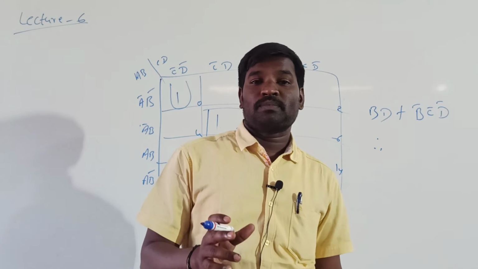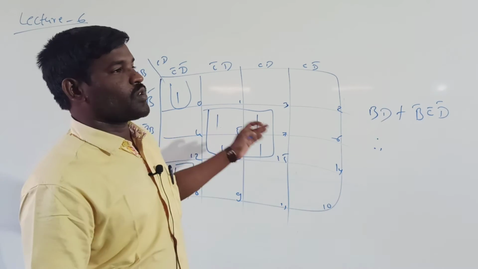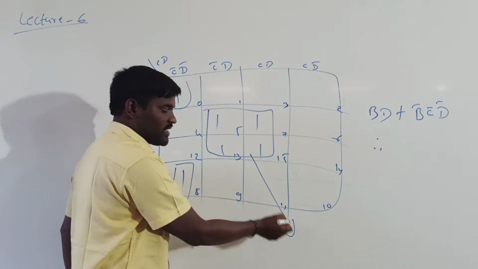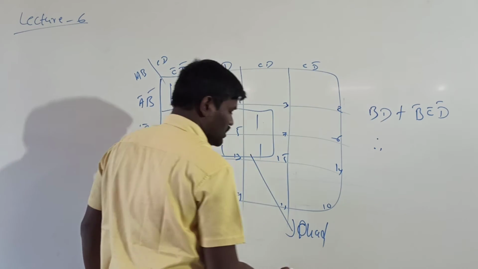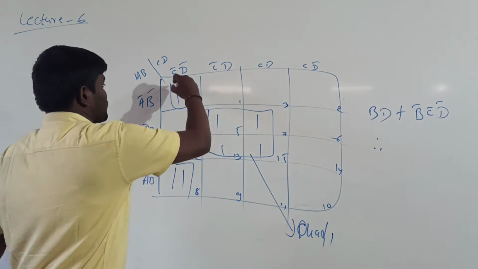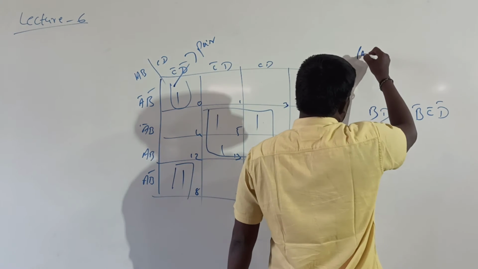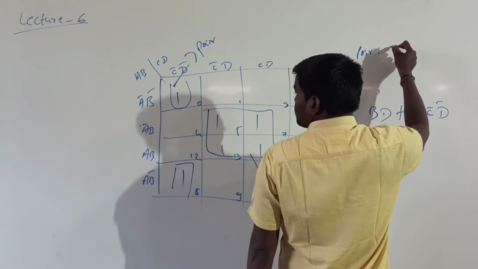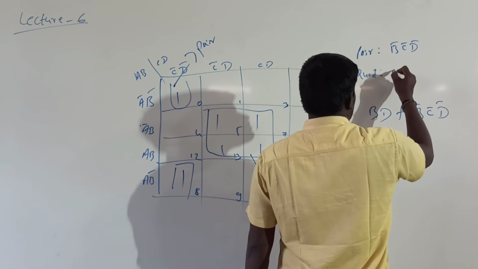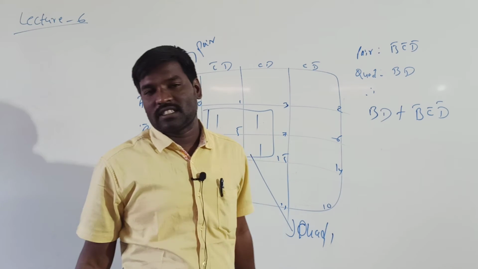And 100% in the examination one question will be there on Boolean algebra, that is of K-map only. So just draw the K-map and clearly mention it, take one arrow and write quad. If more than one quad exists, mention quad 1, quad 2 like that. In the same way, here it is a pair. Finally you can write like this: pair is B bar, C bar, D bar, and quad is BD. Finally the reduced expression is BD plus B bar, C bar, D bar.